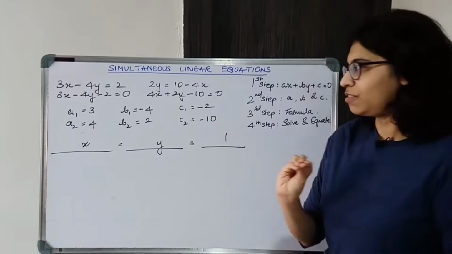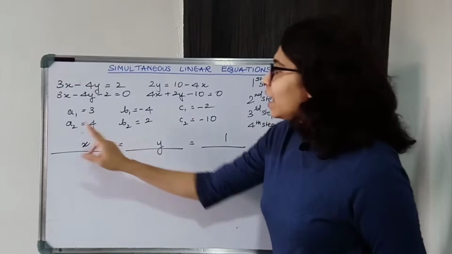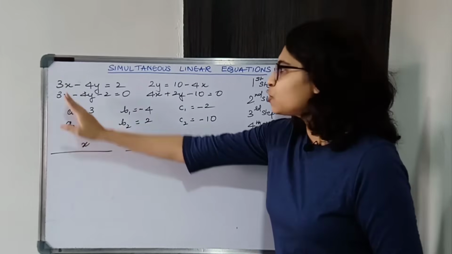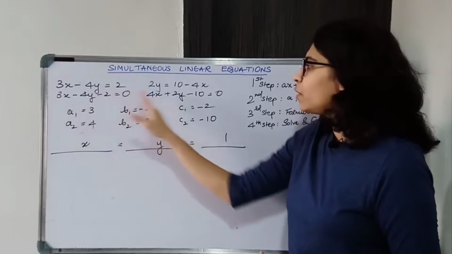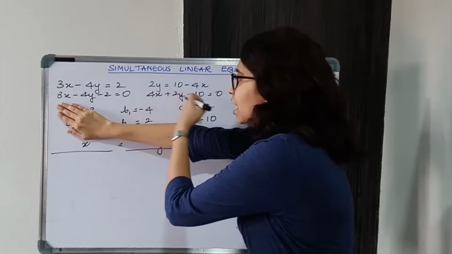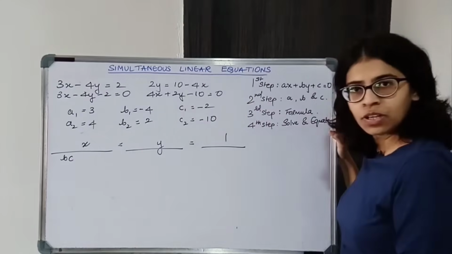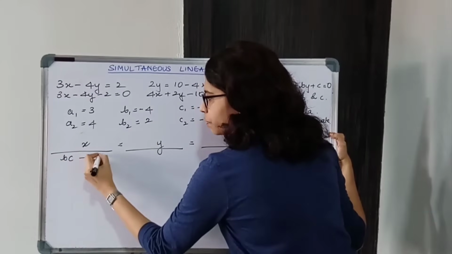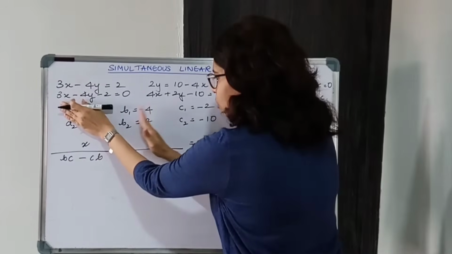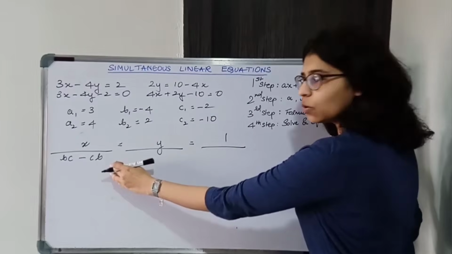Okay, so pay attention. Now x upon what will come over here, x के साथ जो कोएफिशिएंट होता है that is a always. Okay, x के साथ हमेशा जो कोएफिशिएंट होता है we wrote that over here, so वो a होता है. Forget a, for x you will forget a. b and c, go in this order, b and c. So b c. Okay, minus cb लिख दो, उल्टा कर दो. Okay, so x के साथ a होता है तो forget a, go this way, b and c. So write down b c minus cb. Okay, reverse it.